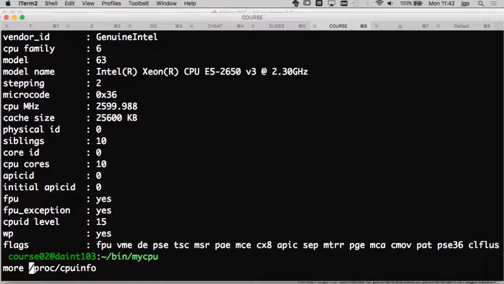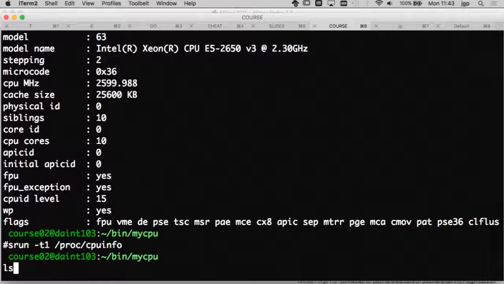But actually, if I do the same on the compute node, I will call the srun command, but before I do that,